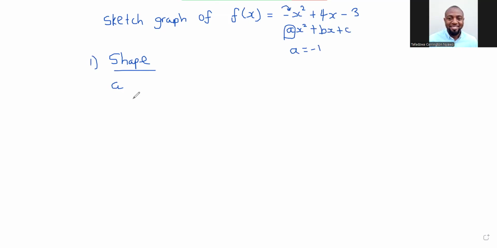So what does that mean? If my a is negative 1, it means that my a is going to be less than 0. So that means it's going to be concave down. That's the shape. So that's as far as the shape is concerned. This I do before I even start sketching the graph. First, I find the shape,